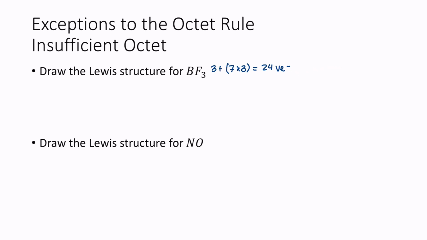Boron is going to be my central atom. It is the least electronegative out of these examples. And then I'm going to have 3 fluorine atoms around my boron. And I can connect all 3. That is going to account for 6 bonding electrons, and I will have 18 valence electrons left over. I am going to put those on my outer atoms first. And I have used all of my